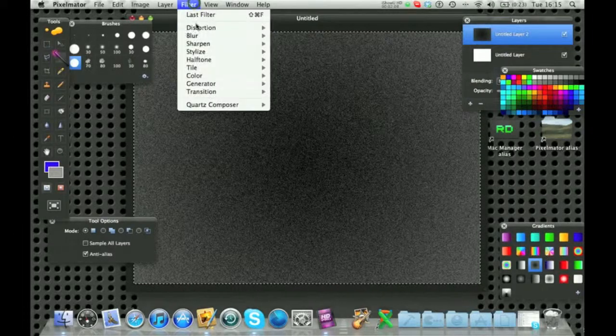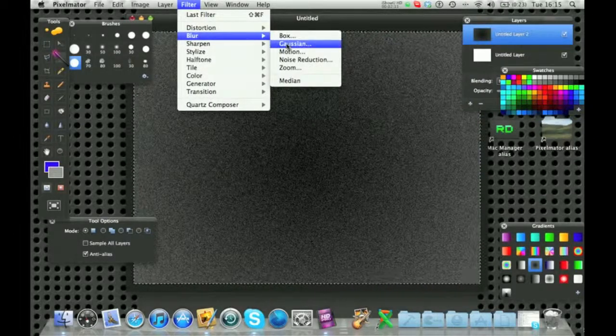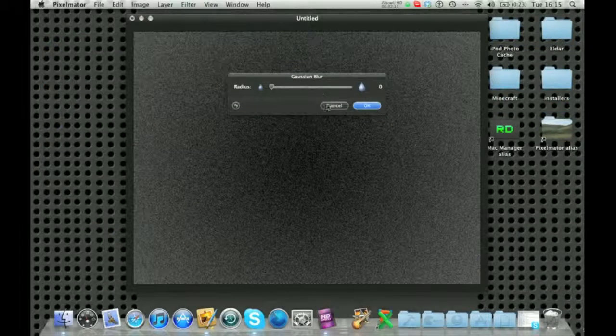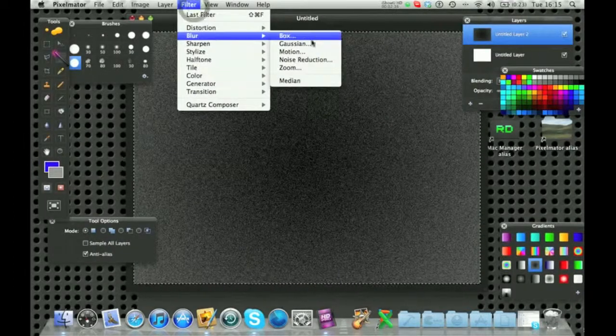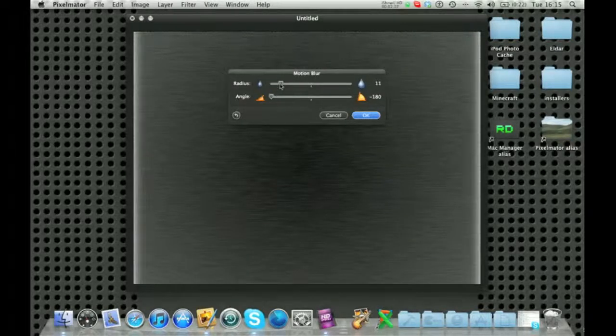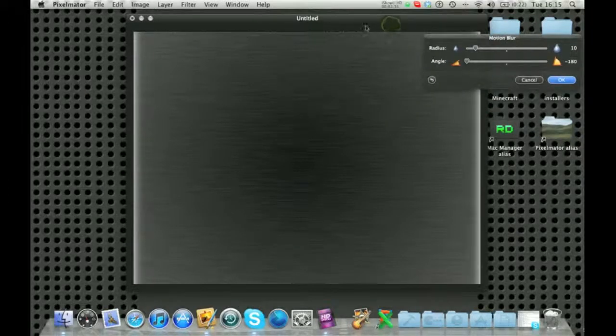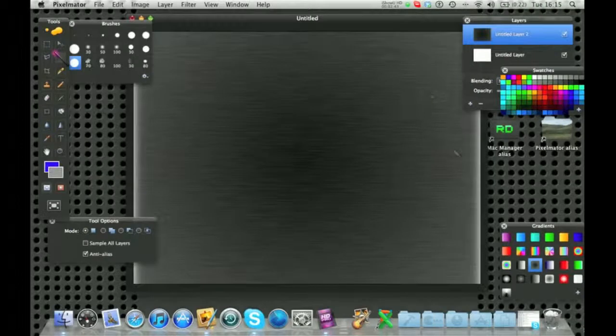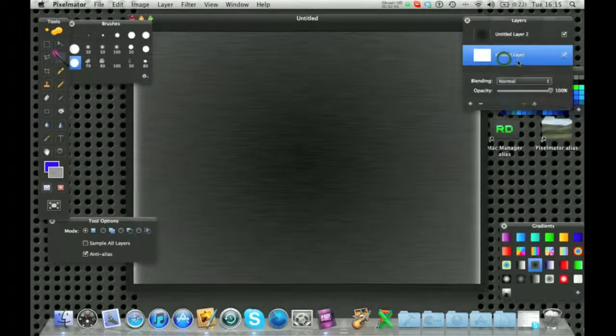You then want to go to Filter again, Blur, Motion Blur. I like to change the angle to around that. Then you just put the blur up to whatever you think looks good. Bear in mind that you are trying to make it look like a sort of metal texture, so I think that will do. However, you get this white bit at the sides, and to fix this you just have to